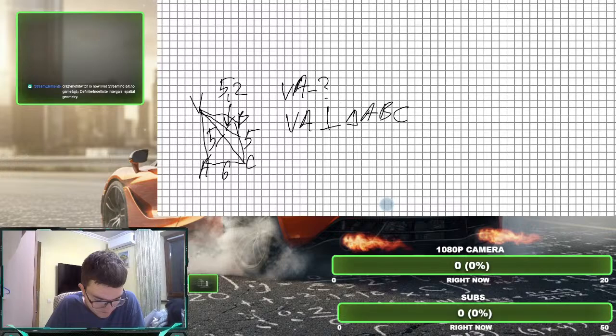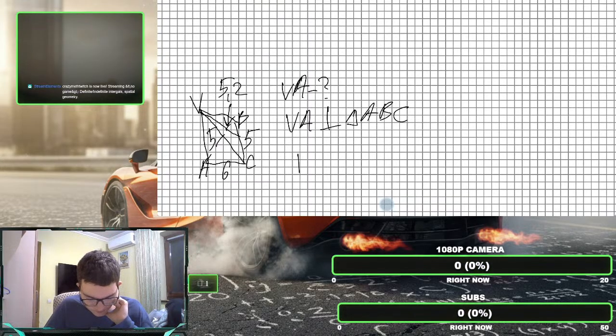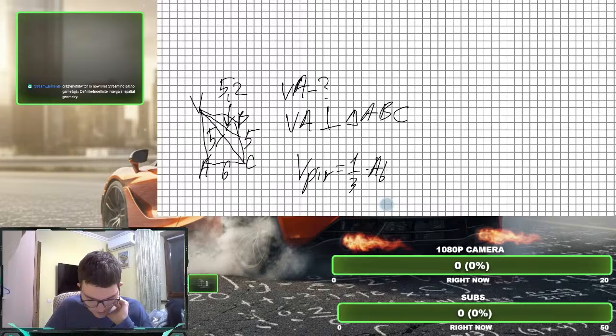So essentially the volume of a pyramid is equal to 1 divided by 3 times the area of the base times the height, and